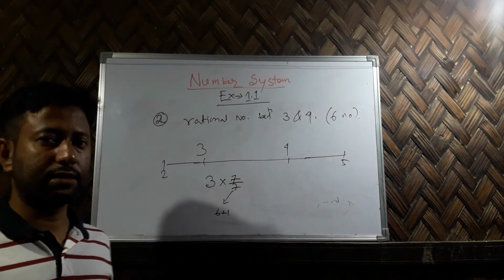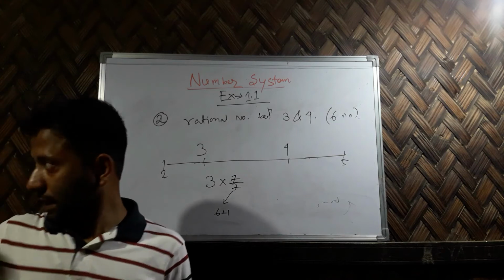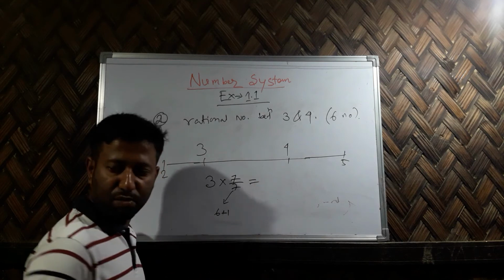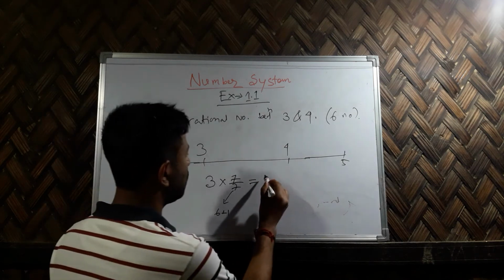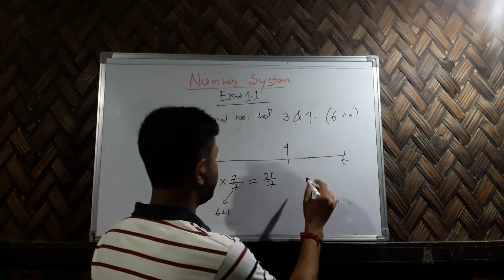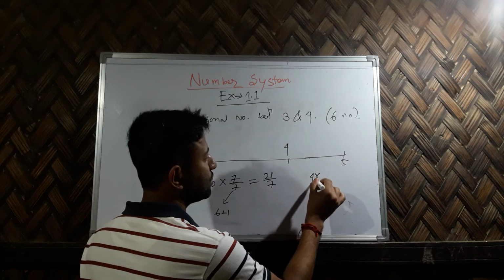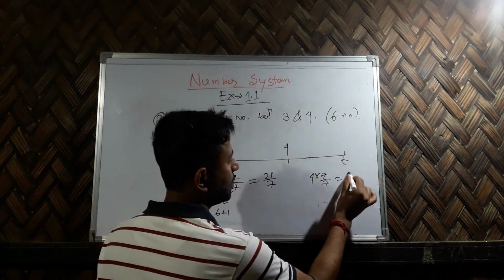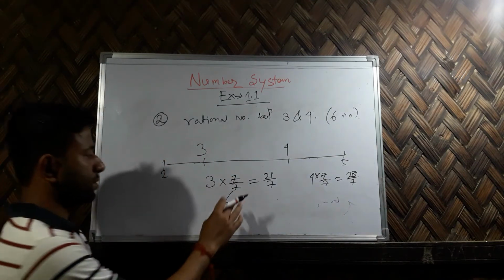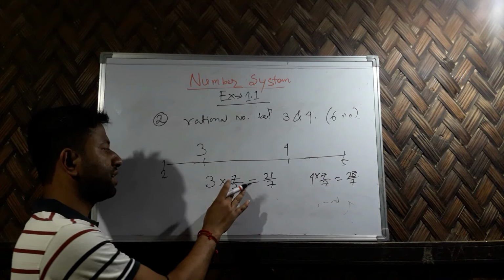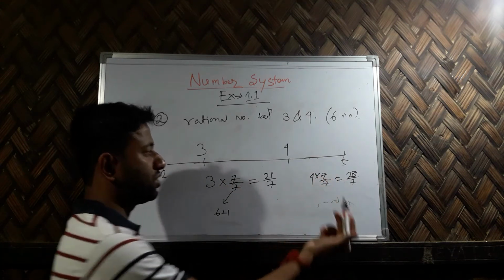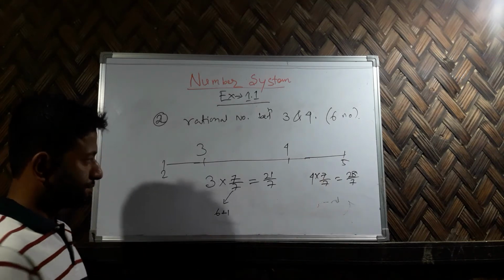So I started with rational number equal to 6. I can represent this as 21/7, and this 4 I can represent as 4 × 7 divided by 7, that is 28/7. So if I observe, I have not done anything here, just multiplied by 7/7, that is 1. 3 × 1 is 3, and 4 × 7/7, that is 4 × 1, that is also the same thing. So now what I can say,